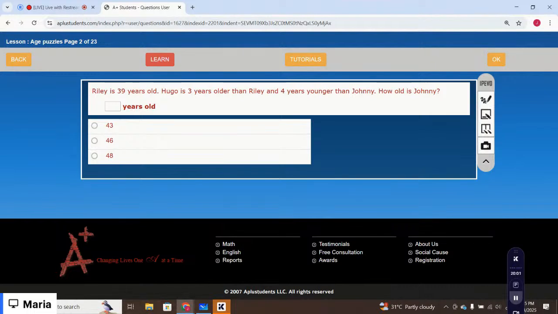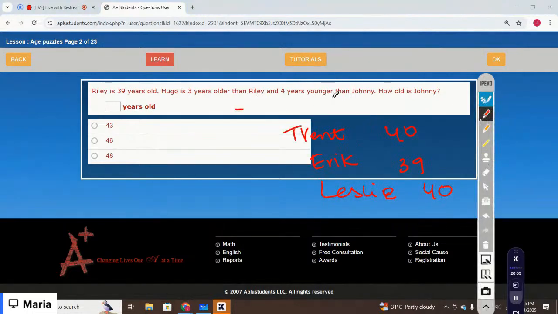Pele is 39 years old. Hugo is 3 years older than Pele, and 4 years younger than Johnny. How old is Johnny? Start with Pele's age, right? That is given, 39. Hugo is 3 years younger than Pele. Subtract 3. 39 minus 3 is 36. And 4 years younger than Johnny. Hugo is actually 4 years younger than